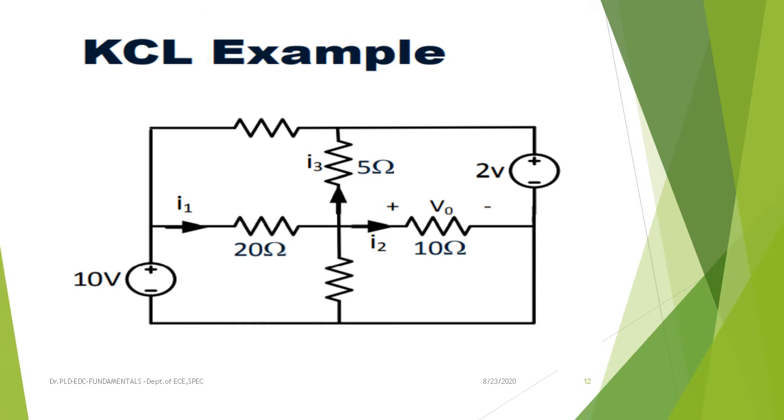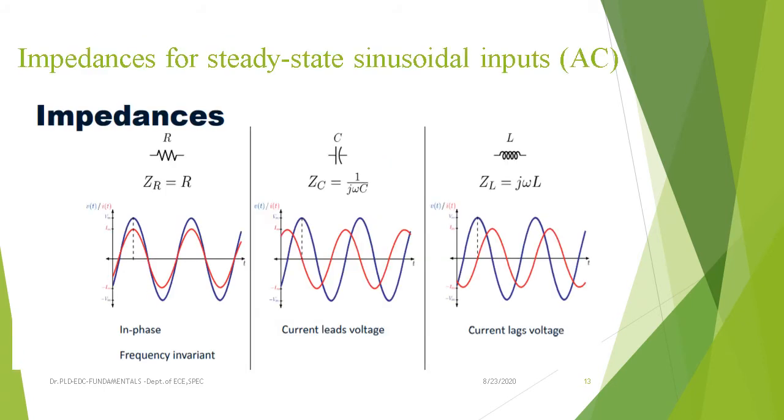Coming to this example, I have shown you already: I1 is split here as I2 as well as I3. And here also some current is allowed to flow based on the resistance offered by this particular branch. Accordingly, we write the equation I1 is equal to I3 plus I2 plus, suppose here we have I4, I4. Those are the current sources as well as KVL and KCL equations pertaining to the circuit diagrams we come across.